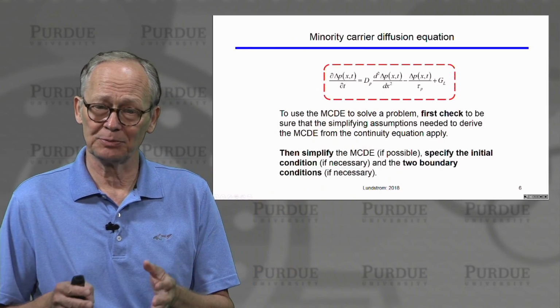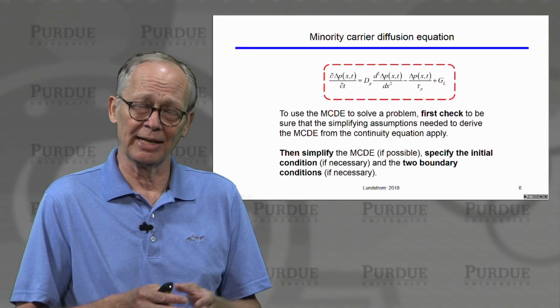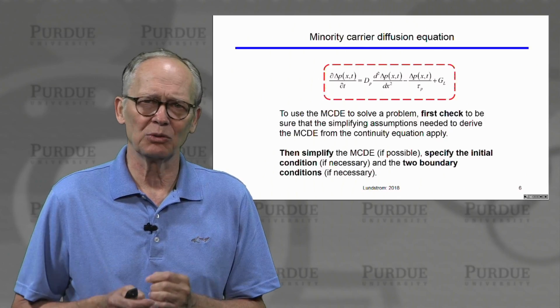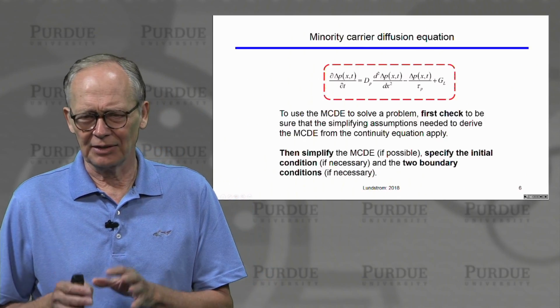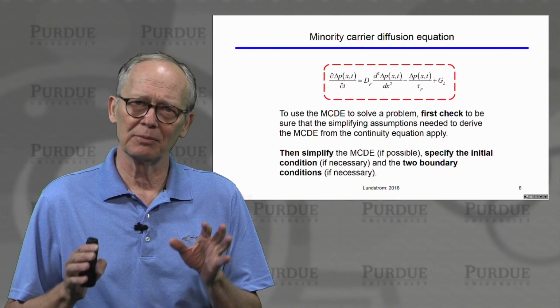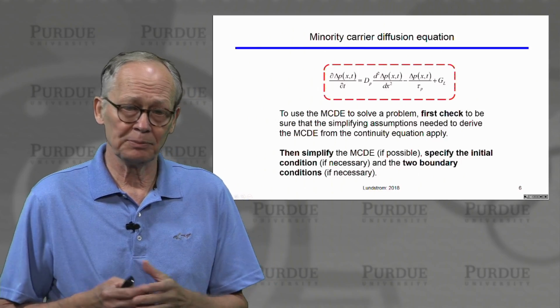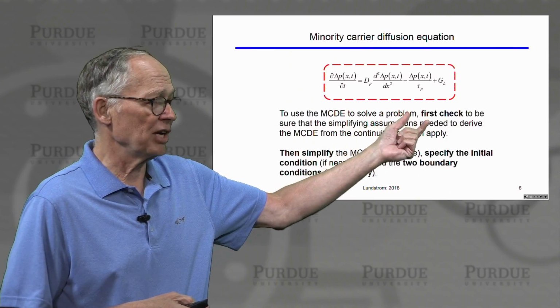Has both time and space dependence. We'll need to specify an initial condition and boundary conditions. The solutions in general can get quite complicated, but under a few simple cases, they become really very simple and easy to do. If we're encountering a problem, the first thing we would do is to check and make sure